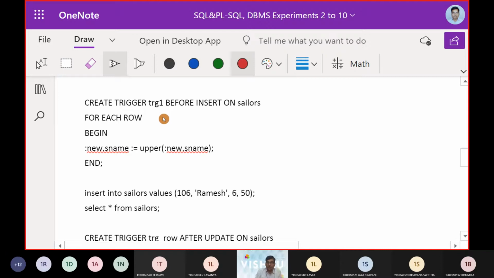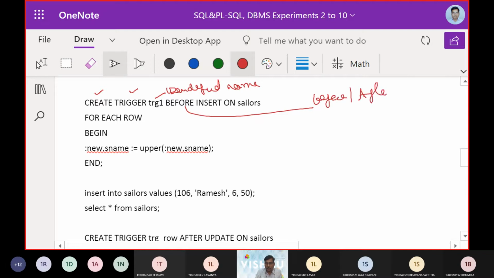So now, instead of taking up the theoretical words, let us see how the triggering is taking up. Now, CREATE followed by TRIGGER, it is the name of a keyword, and trig1 is going to be called a user-defined name. When it needs to happen, it can be either before or after, so this is an optional entry. And here we are going to have insert. So it can be insert, it can be update, or it can be delete.